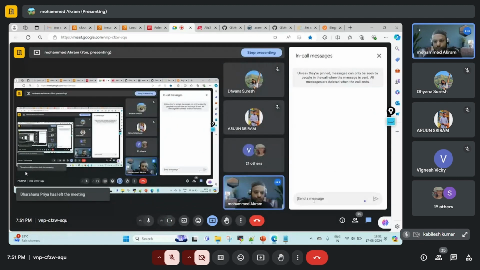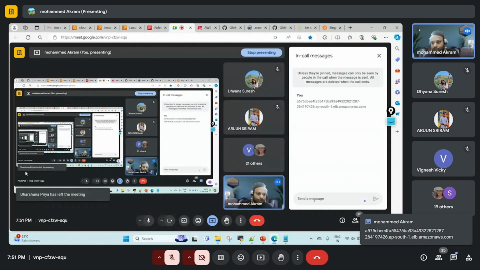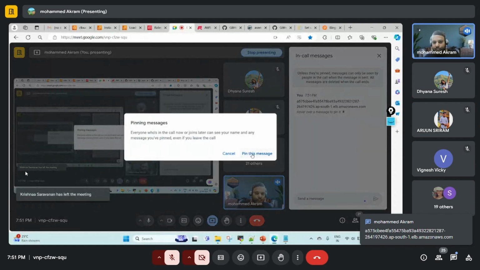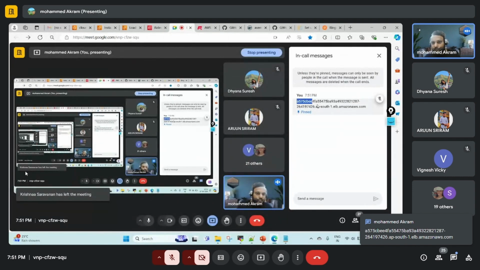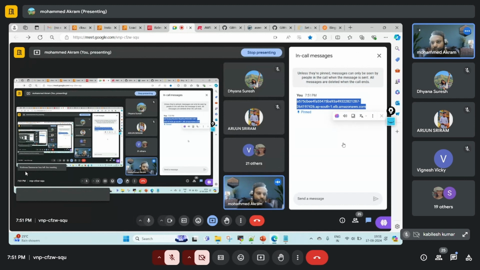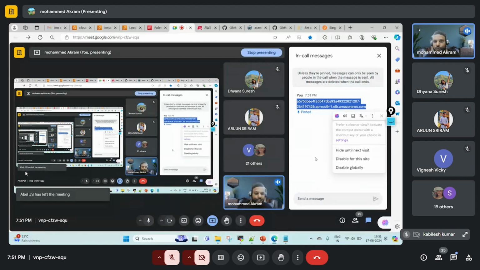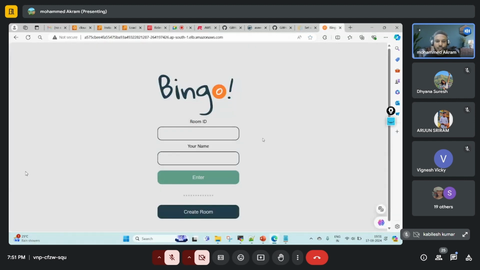Just check your chart, right? And try to access this. Okay, let me pin this. Copy this same, from A to M, right? And paste it in your browser and try to access this application, and let me know whether you are able to